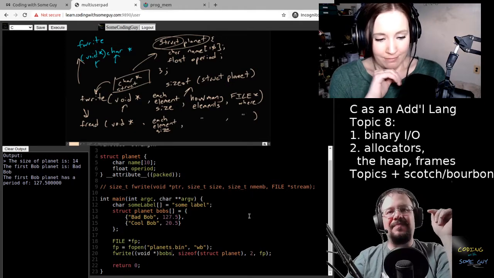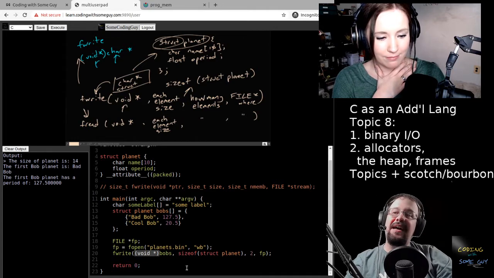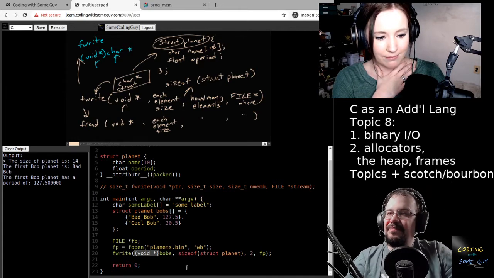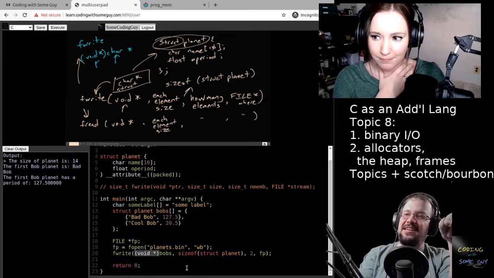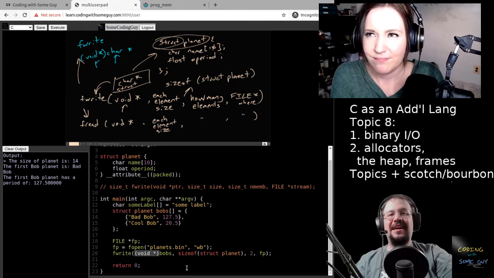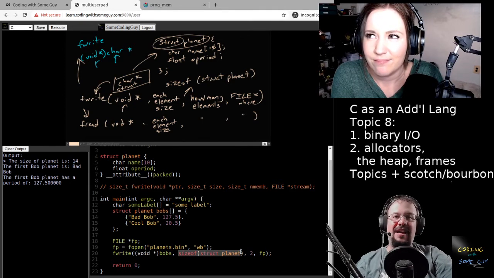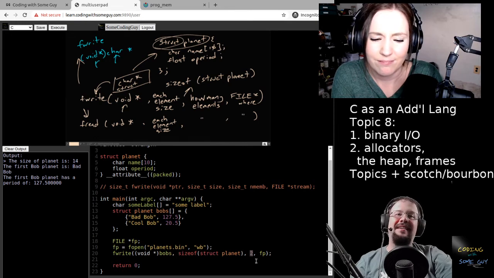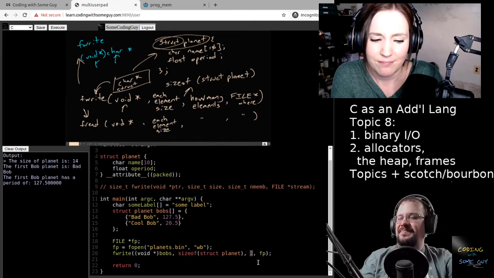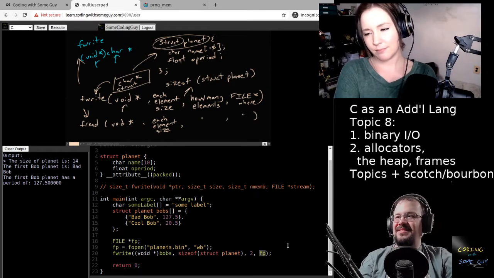But this part is the cast, and I'm just saying that bobs, I want you to treat that now as a void pointer. So listen, C, I don't want you to know what type this is. You don't care. You just care that this thing points to the right chunk of memory and each element is this big and there's this many elements. And send it over here to this FP thing.